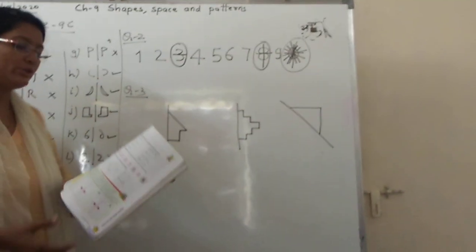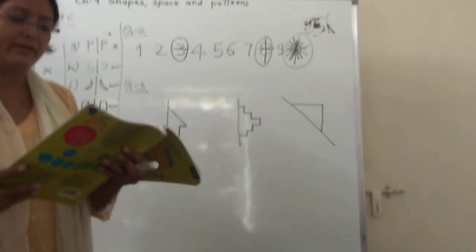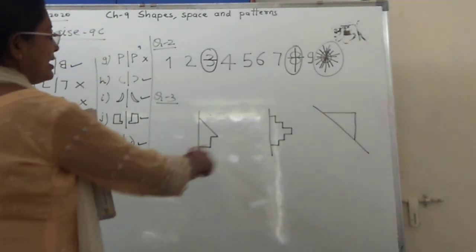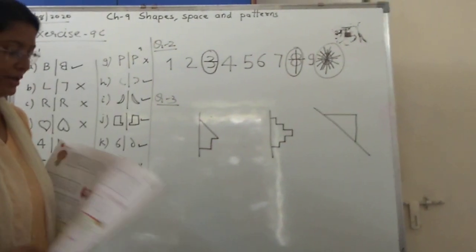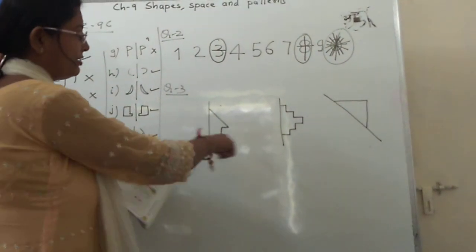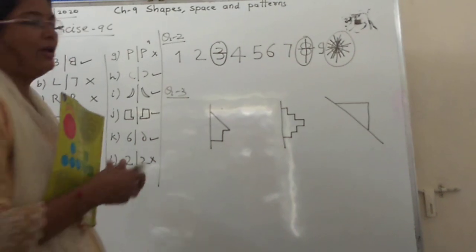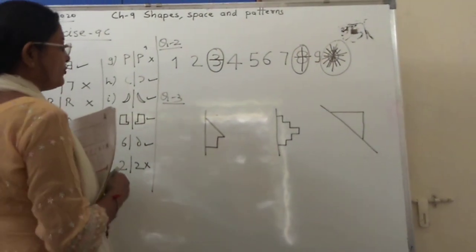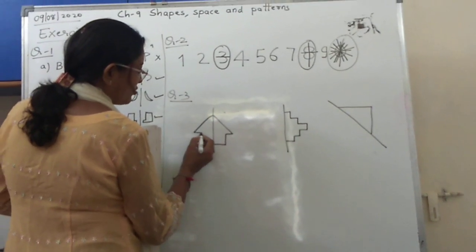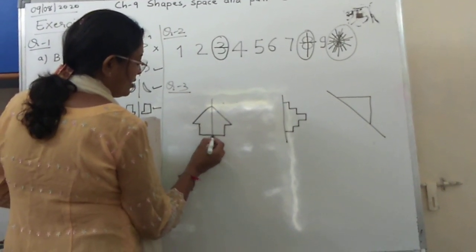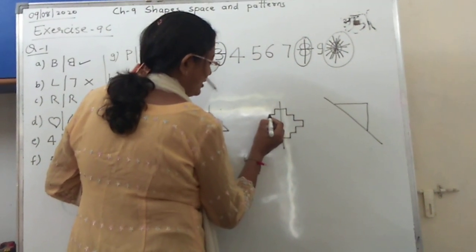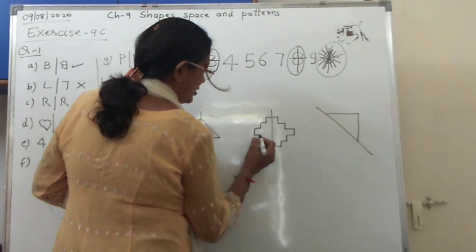Question number 3 is, draw the reflected shape to make a symmetrical image. See here, like this is given in your book. Squares are given, a square grid is given on the backside, on that it is drawn, and I have drawn like that only. You have to try it on your own. What you have to do? You have to draw the mirror image of it. What will you do? Like this you will draw. Once again here, 1, down, again like this, down, again like this, down, like this, down.